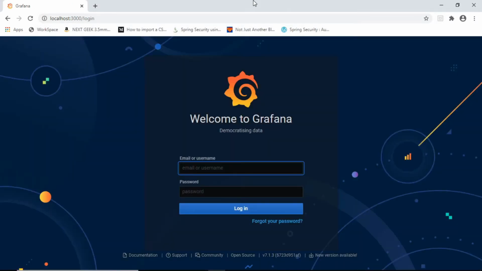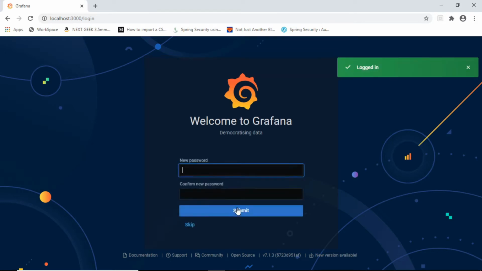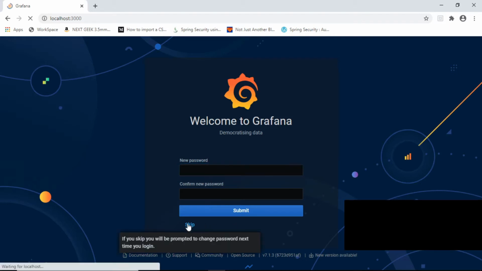This will take you to the home screen of Grafana where you need to log in. The default setting for this Grafana, which I configured in my installation, is username admin and password admin, and you'll be able to log in, and this will take you to the home screen. Many times, when you log in with the admin username and password, it will ask you to reconfigure the password. For now you don't have to worry about this much, you can keep it as it is, press skip, and go back to the home screen.